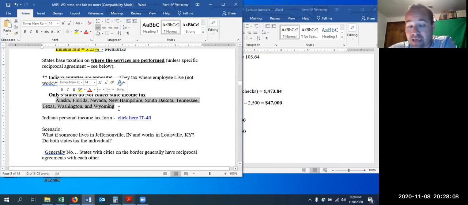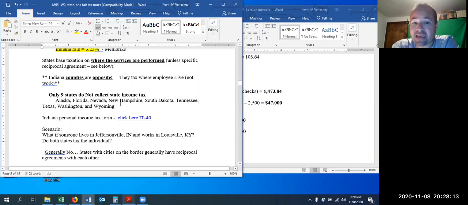And then I'll give you a hint that you actually get extra credit if you're one of the first 2 that go in and indicate which of these 9 states also doesn't have a sales tax. And so 2 of the states here don't have a sales tax or an income tax. That can be a big savings if you spend a lot of money.